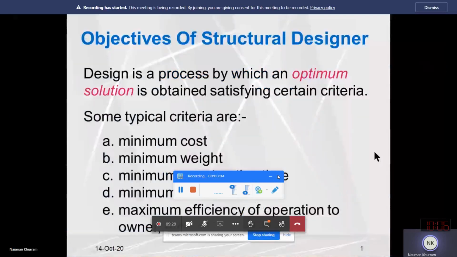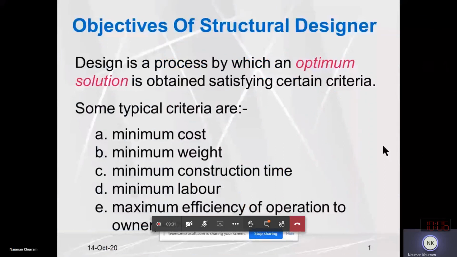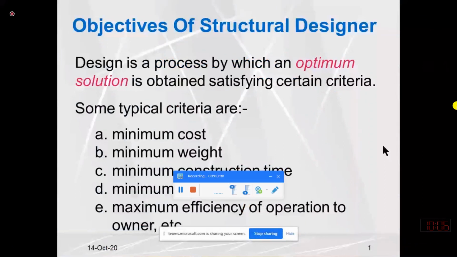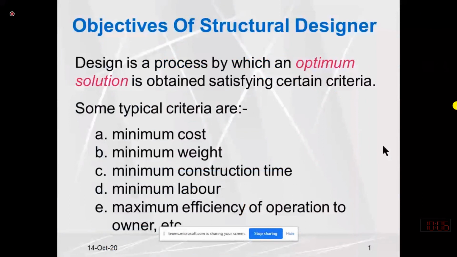We have discussed the merits and demerits of steel construction, and we have also overviewed various design specifications and design methods, where we have discussed in detail the allowable stress design and also the LRFD design along with plastic design.